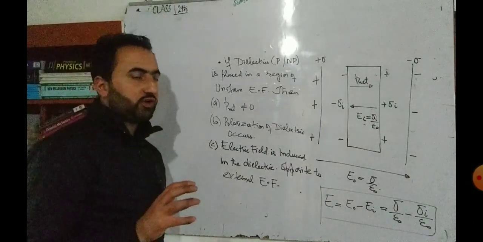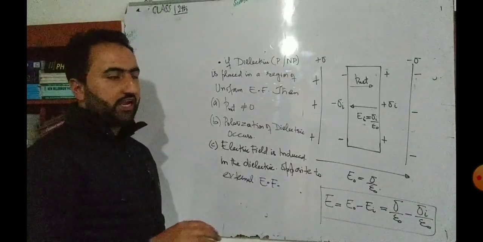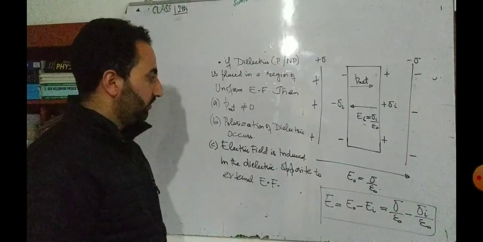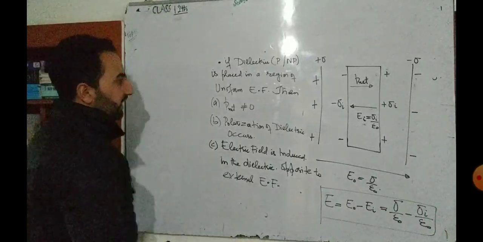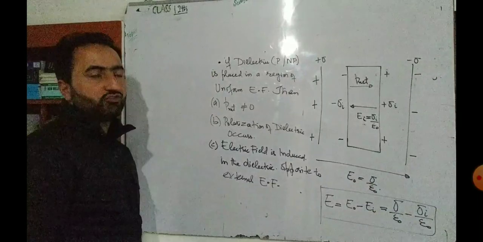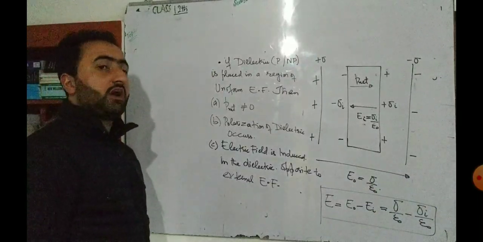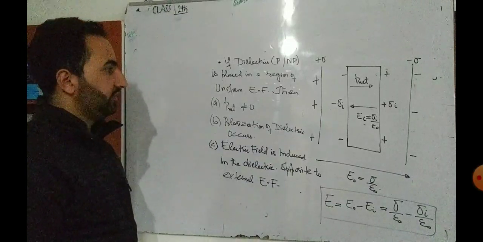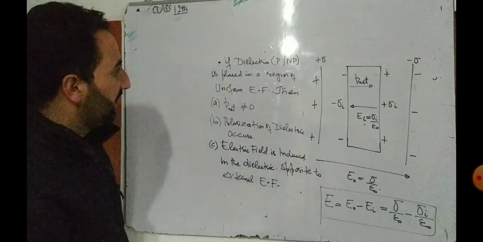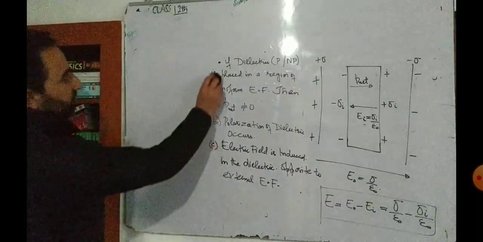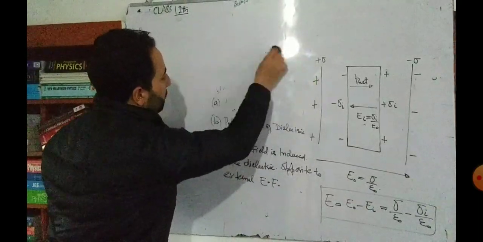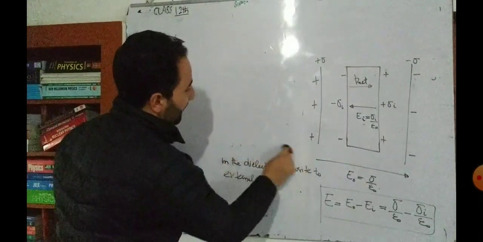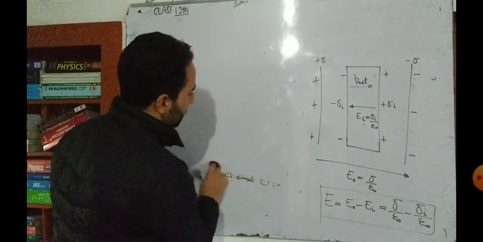So till now we have studied what is polar dielectric and non-polar dielectric, and the behavior of polar and non-polar dielectric in a region of uniform electric field. अब ध्यान रखो बेटा. Now next we'll define a very important quantity, called the dielectric constant. वो हमने already define किया है in electrostatics जब हम Coulomb's law पढ़ते थे. ठीक है ना बेटा? We'll redefine that here. Dielectric constant, or that's also called relative permittivity. Dielectric constant and relative permittivity are one and the same thing.